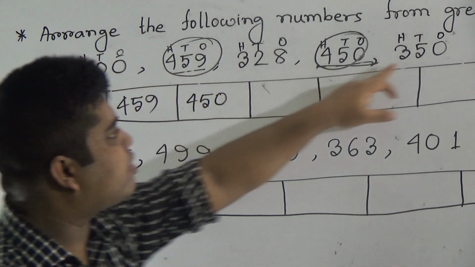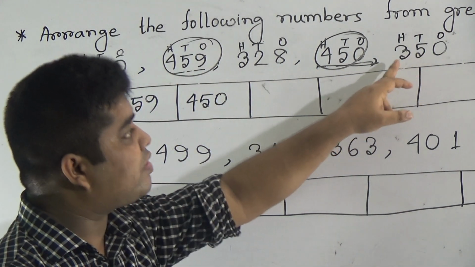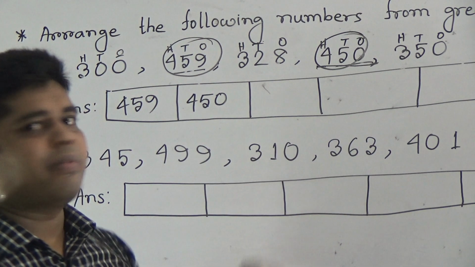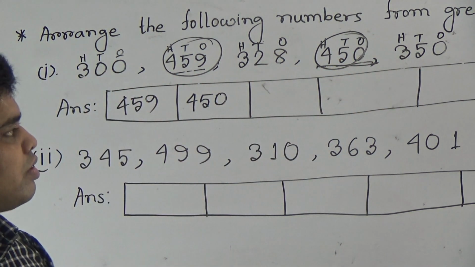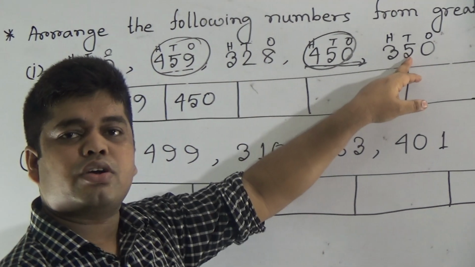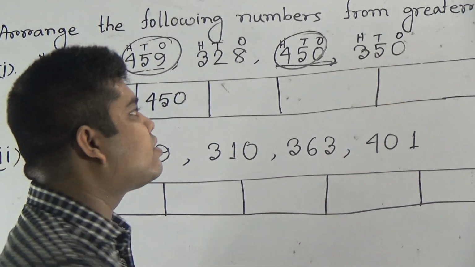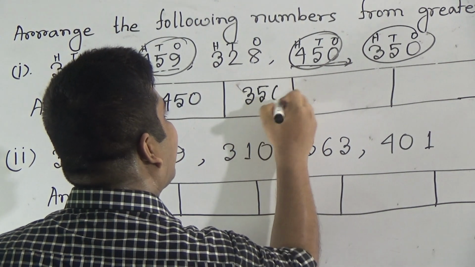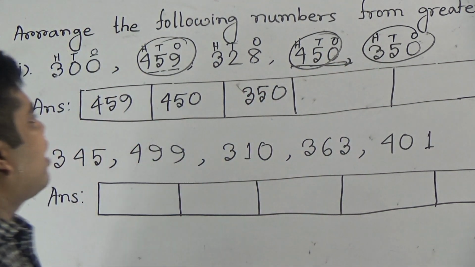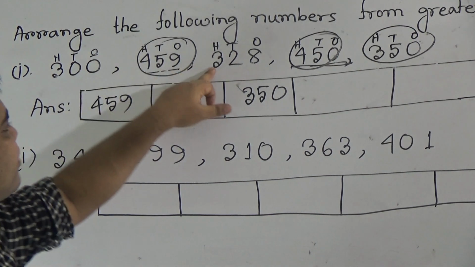300, 328 or 350? That means all are 300-something, but the tens place number is different. Here 2, here 5, here 0. So, which one is greater? 350 is greater. So, I write 350 as the greatest number among these three numbers, and left 300 and